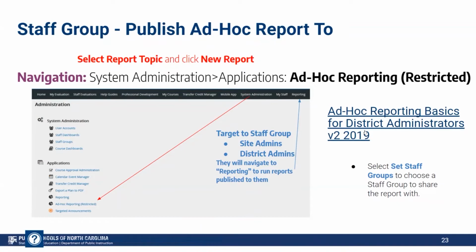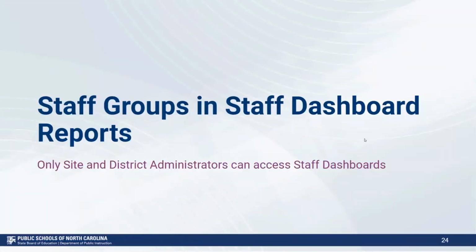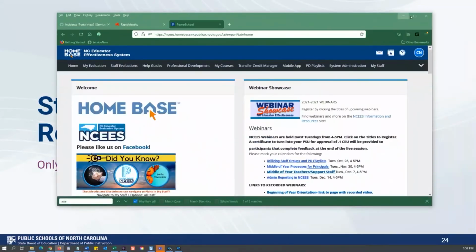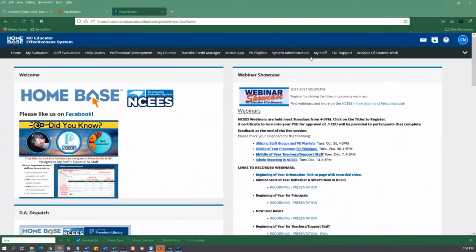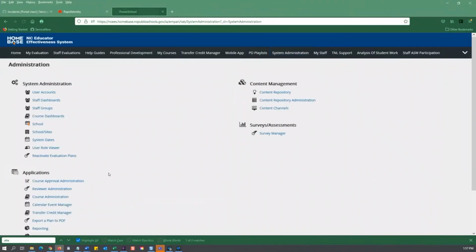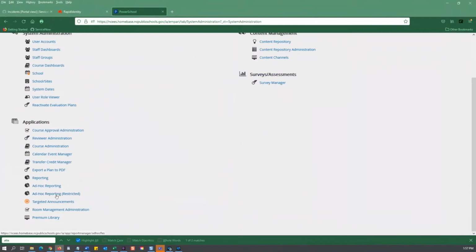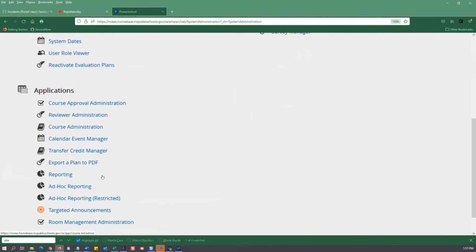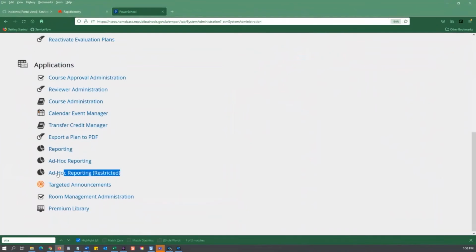There is a guide out here for creating your ad hoc reports. And then you're going to select staff groups to choose a staff group to share the report with. Let's see if we can see that. So if I go to System Administration and I go to Ad hoc Reporting Restricted, right here,